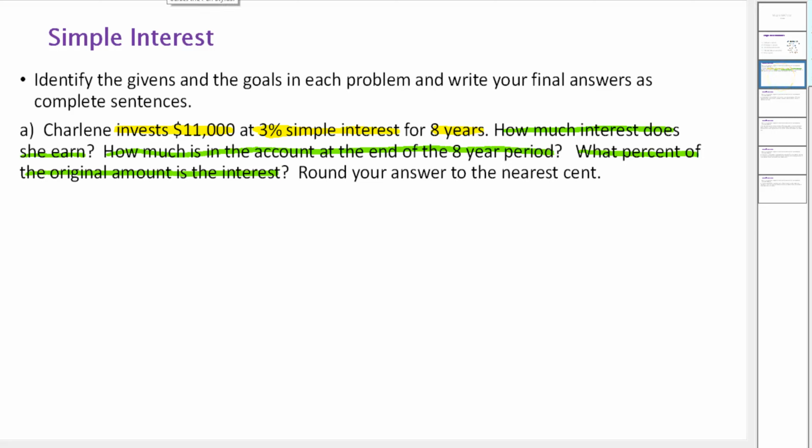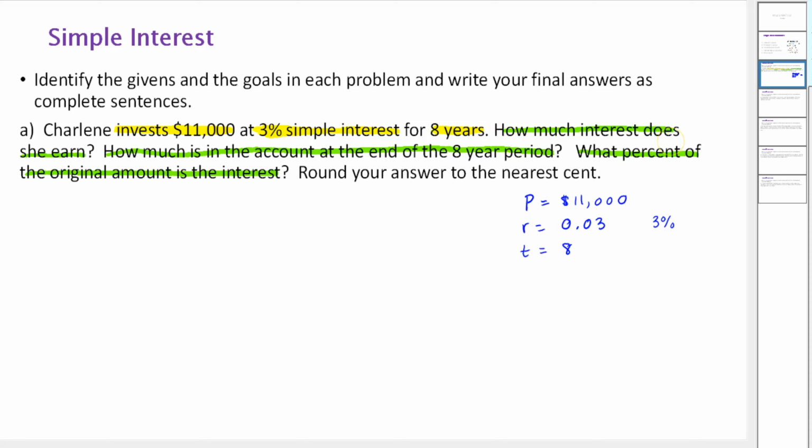So, our given information, she invests $11,000, so that's at the beginning, so that's a principal, capital P. 3% simple interest, so that's our small r, our interest rate, and we write that as a decimal. Okay, so 3% as a decimal, divide by 100, and you have 0.03. And we're given time, it's given in years, so time is 8. Okay. So we're given P, r, and t, and in the first question, we're asked to find how much interest